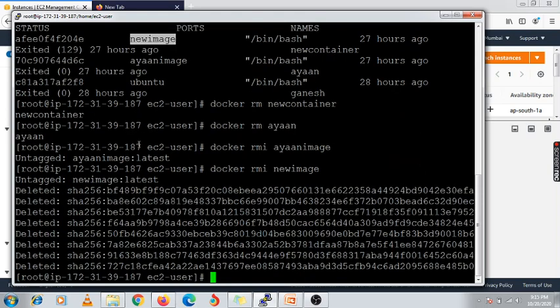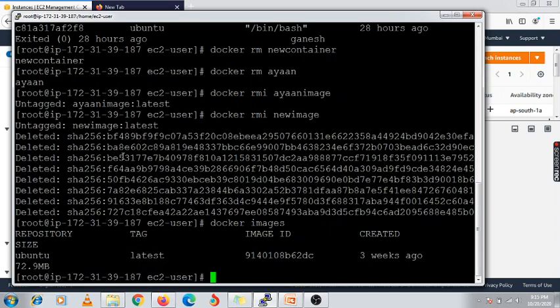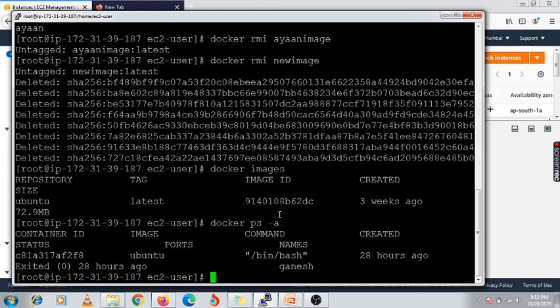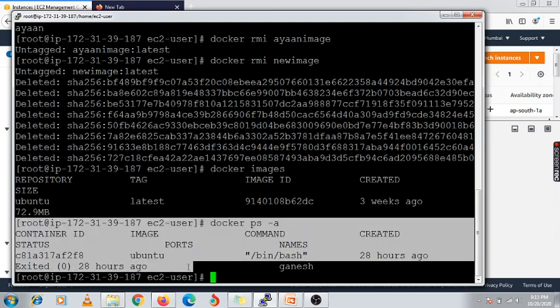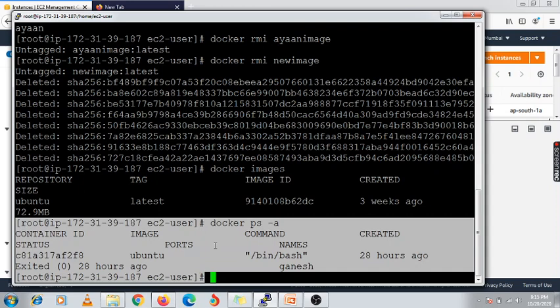So now only one image is available and one container is available, which is in stop mode, right? So these are the two things I have available on my machine.